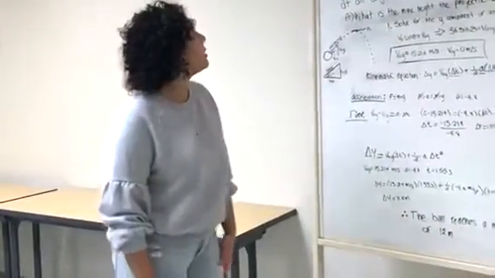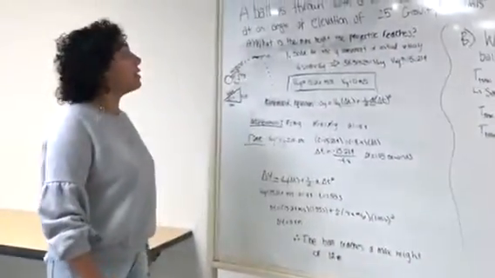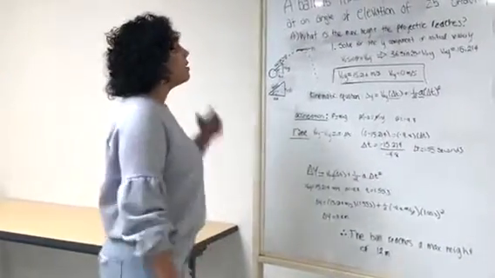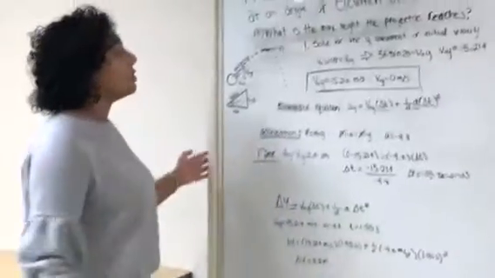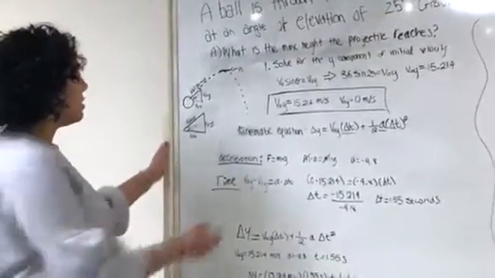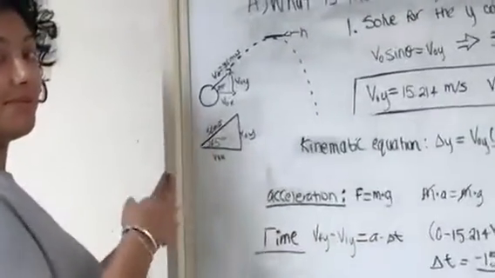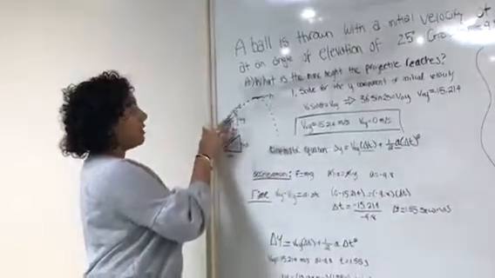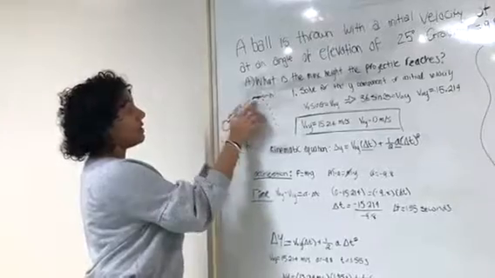Okay, so to repeat the question, a ball is thrown with an initial velocity of 36 meters per second and an angle of elevation of 25 degrees. So first we're looking for what the max height of the projectile is. Here's the diagram. We have the ball with an initial velocity of 36 meters per second, and this is the max height